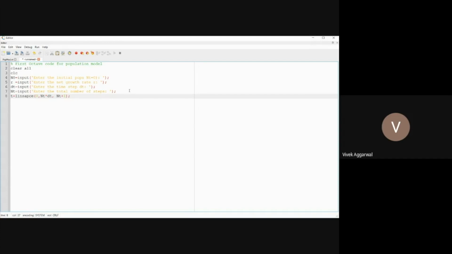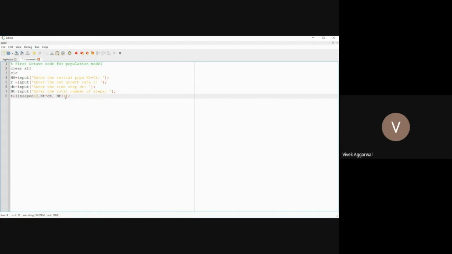So in that case, I will get the 1 year time, capital T. So what I am doing here is creating the discrete values of t from 0 to 1 year with this number of points. So this will give you the mesh points.